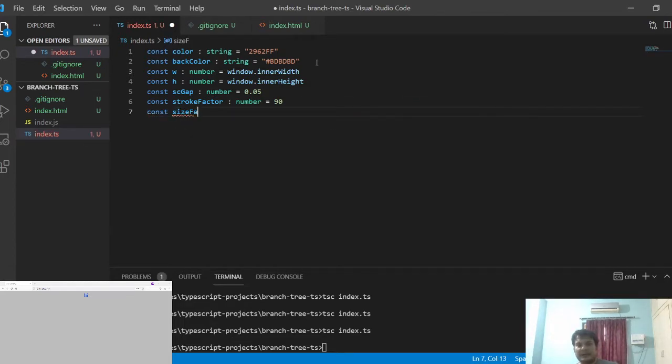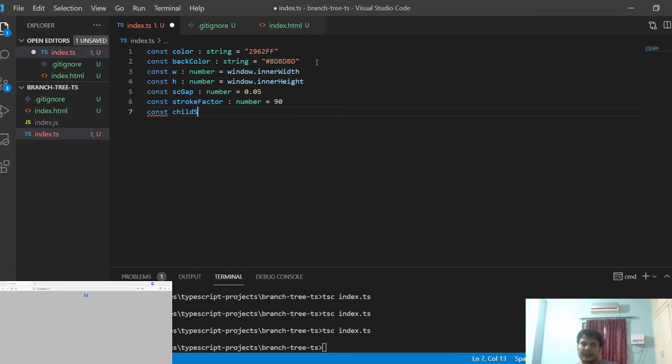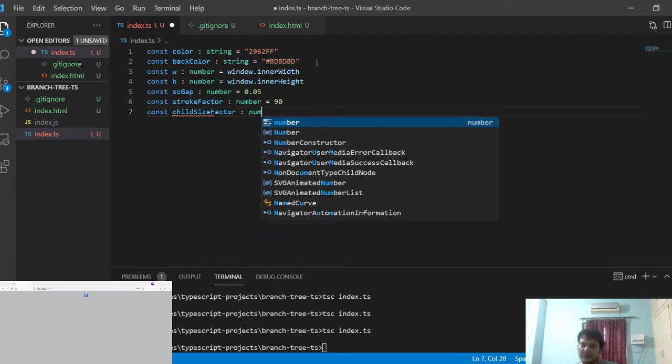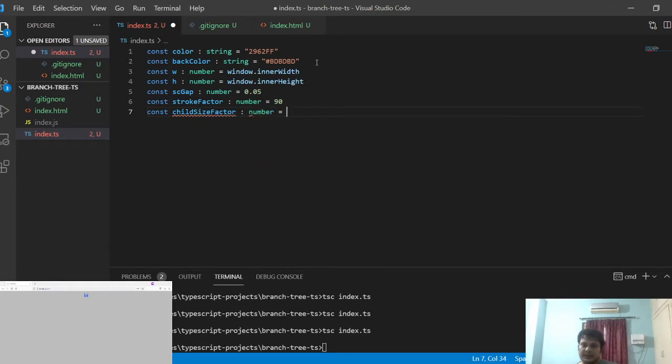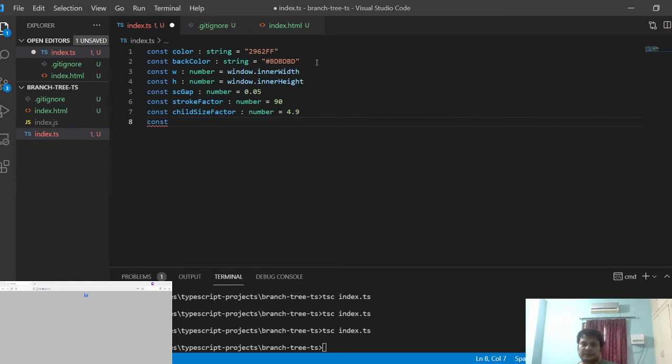I will also have something called child size factor. I'm going to explain what I'm going to do in a couple of minutes. Let's just write the constants for now.